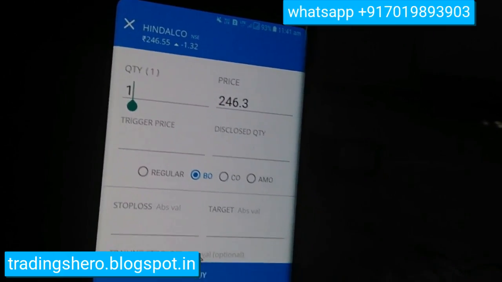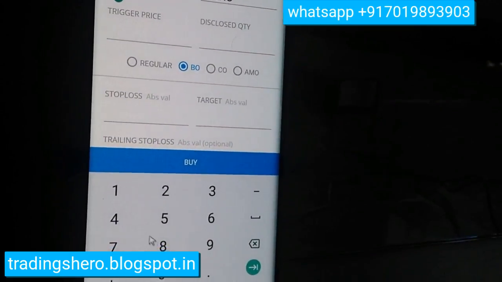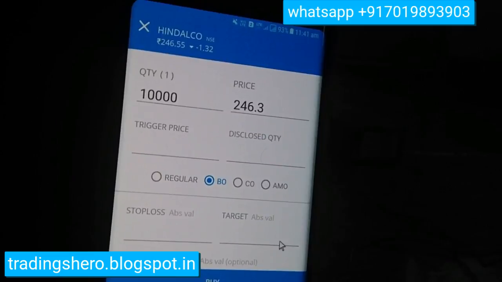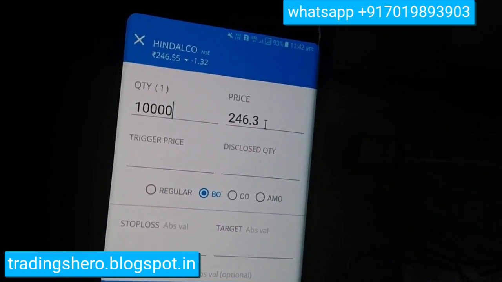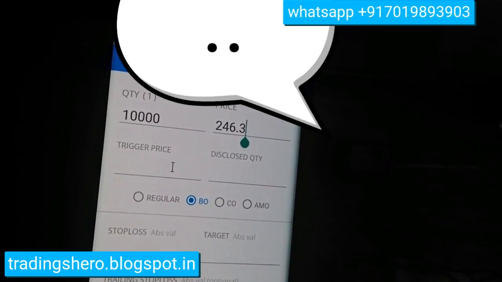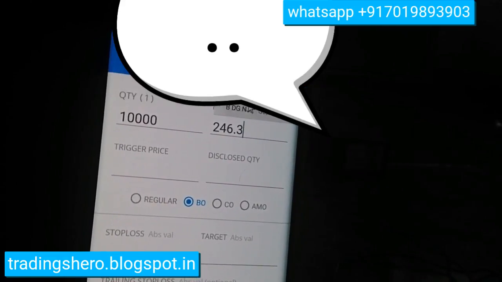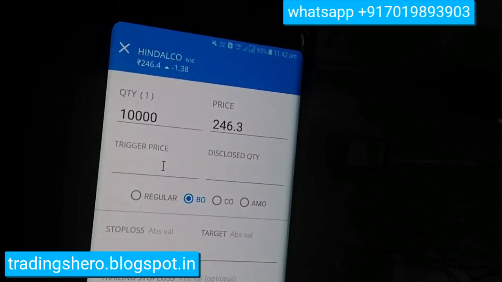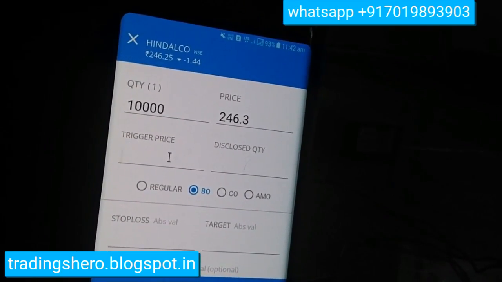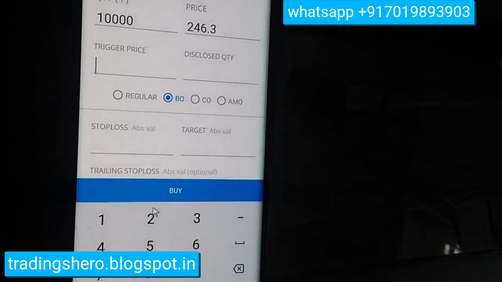How much ever quantity you need to buy. For example, let me buy 1000 quantity. Let me input that. In the price, you need to input the price where you need to buy, and the trigger price. So here you can enter the price where you need to buy. Let's say the stock is now trading at 246.25, and I want to buy it at 247, so let me input